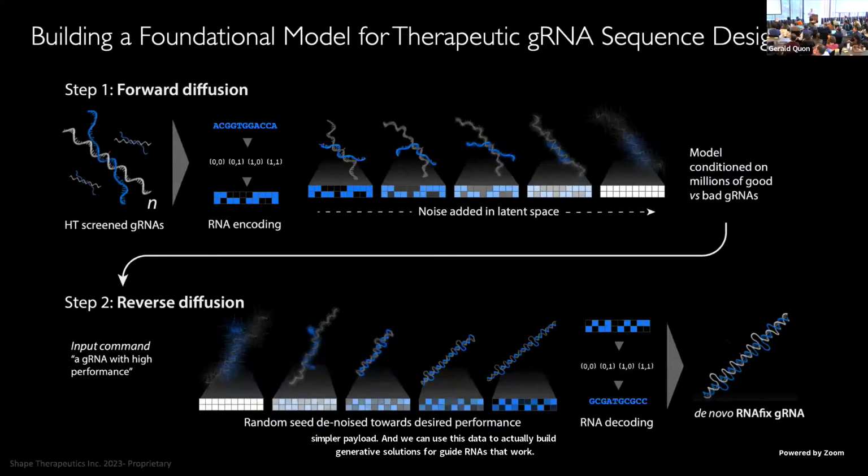So we use a lot of the methods that many of you are familiar with, deep learning methods. In this case, we're showing an example of a two-dimensional encoding with a bit diffusion that trains a model on millions of guide RNA sequences conditioned on experimental data that we have on how well they edit an intended adenosine, and then uses that model through the reverse diffusion process to spit out completely new guide RNAs that we can then experimentally validate. Now, there are two-dimensional and three-dimensional ways to do this.